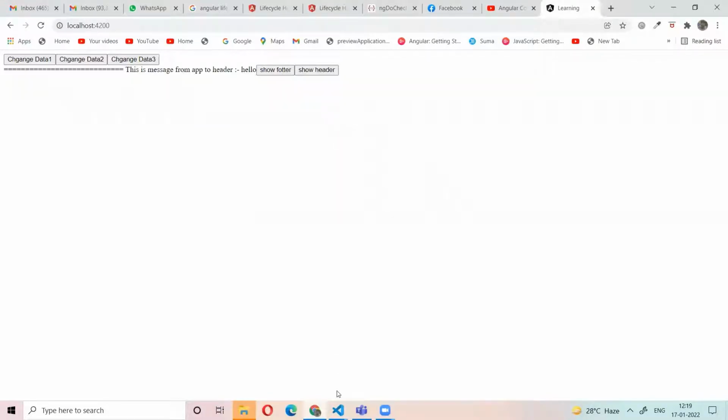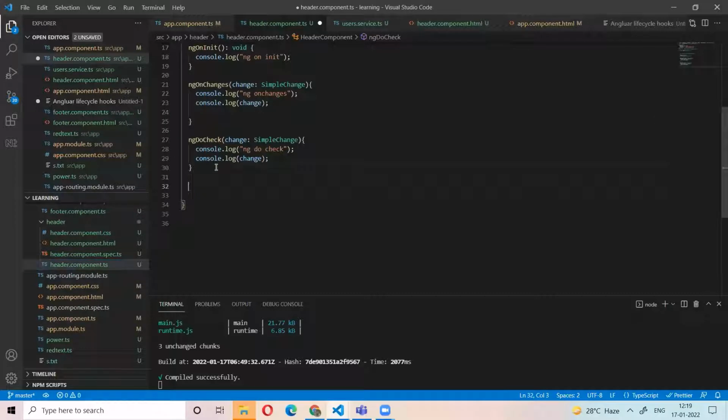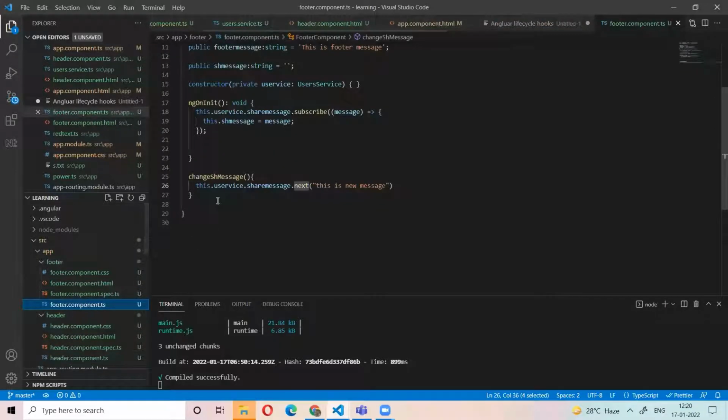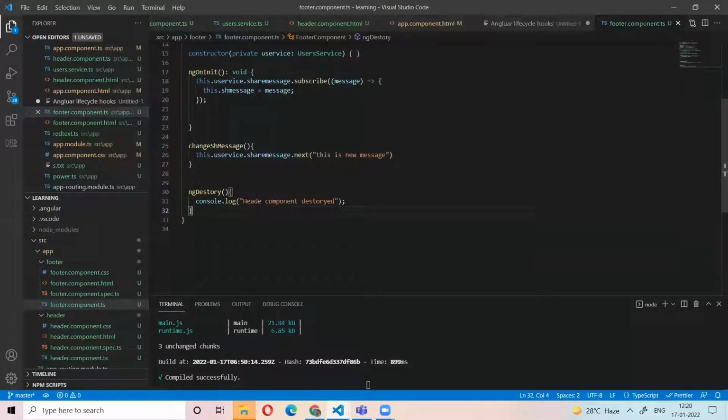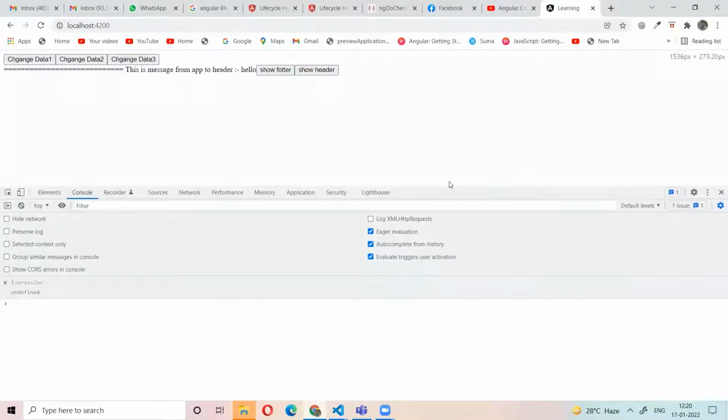You understand, right? Now I'm writing the ngOnDestroy method in the header component, printing header component destroy. Same method I am writing in the footer component. So if you click show footer, the header component is destroyed, so the ngOnDestroy method in the header component will load.